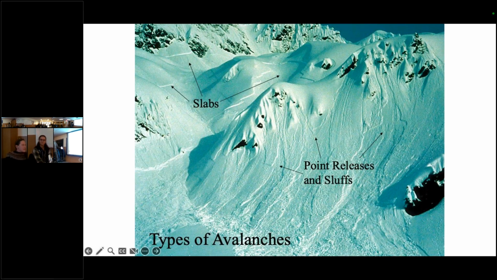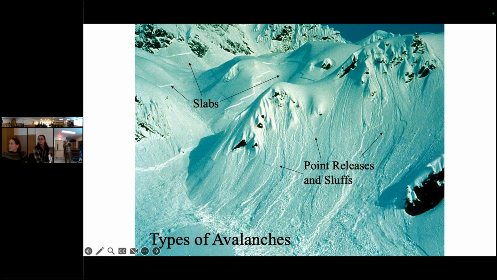So when we talk about avalanches, we talk about different types. And we typically distinguish between a point release and a slab avalanche. Point releases and sloughs typically start at a point, and then as one snowflake or whatever's moving, it triggers other snowflakes to move and picks up more and more snow.